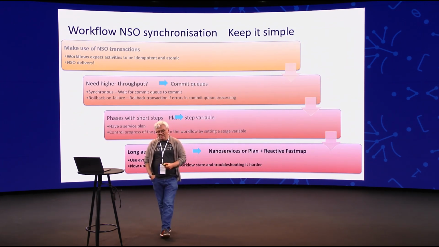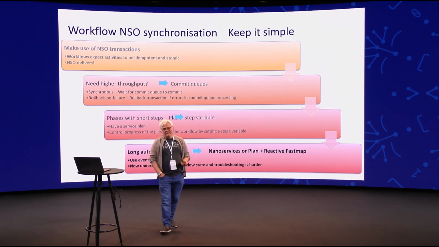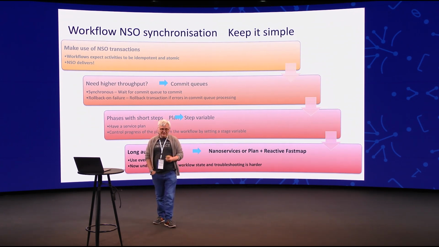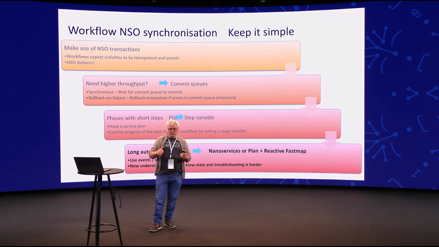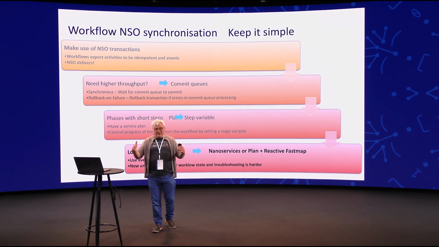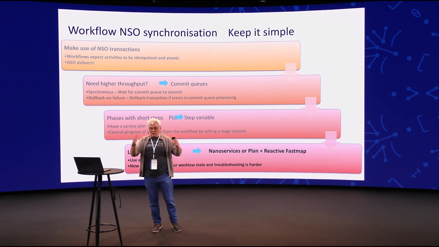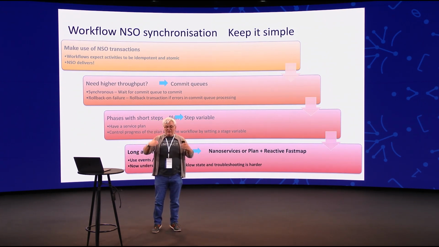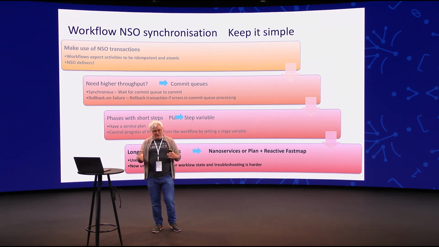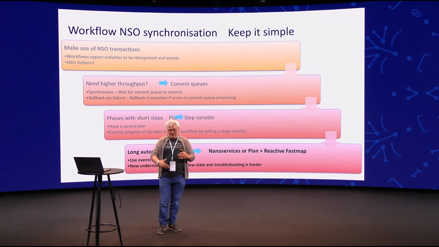And the final thing, sometimes I have long automated steps. That's a trigger for using nanoservices. So long automated steps means I have a long step, but I'm doing something in the automation system, not a long step where I'm waiting for cabling. It's a long step, for example, I'm booting a VM, right? And in those cases, I cannot stick with these step variables. I have to really go and let a system like NSO actually have a nano service,